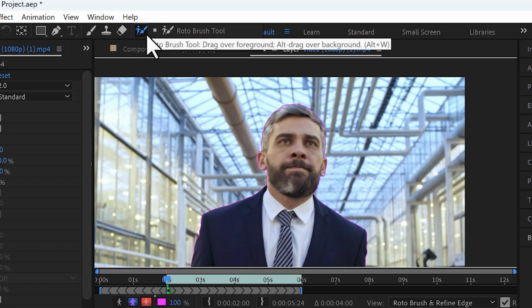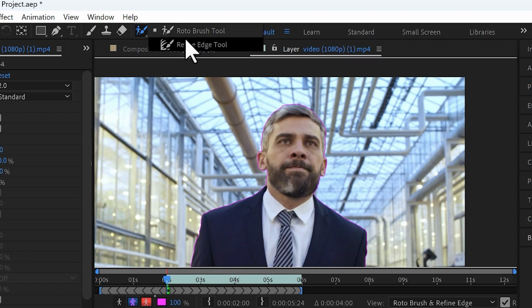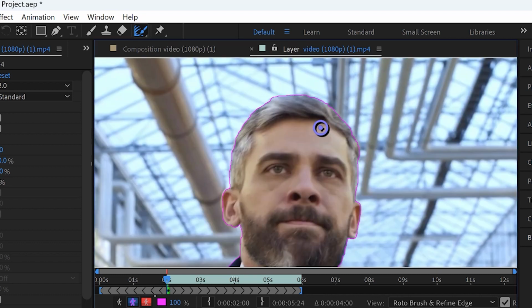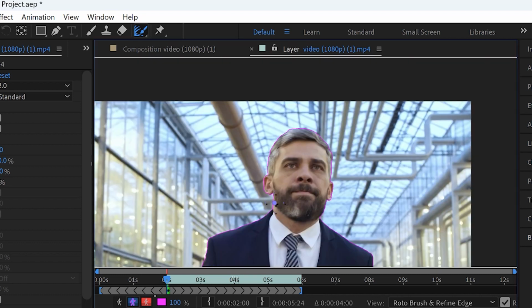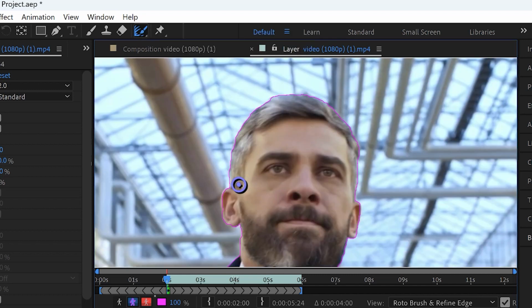We are going to go to the Roto Brush again. We will click on that drop down and then we select the Refine Edge tool. We use this Refine Edge tool when we are doing rotoscoping for things like hair that is not of a definite shape. So we select our Refine Edge tool and we are just going to draw it around his hair like this,